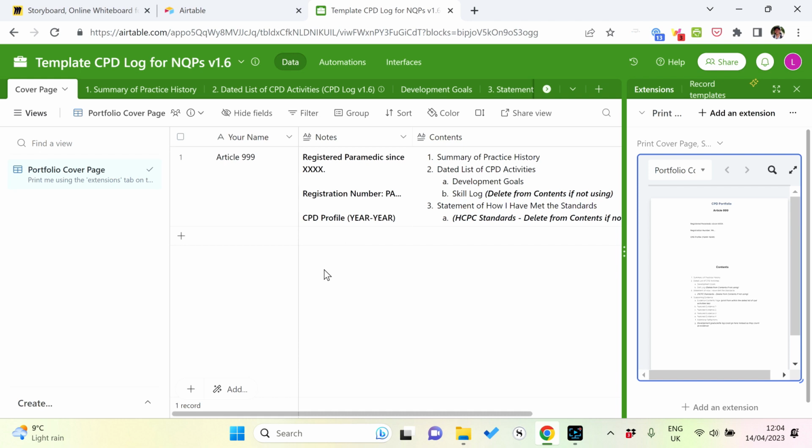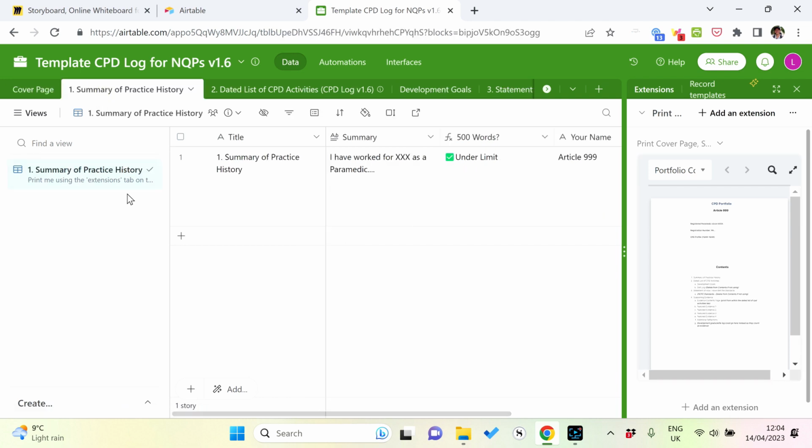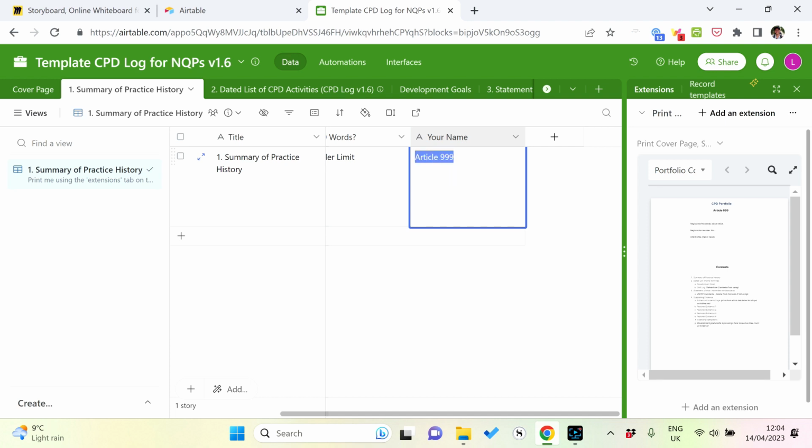Come out and go across to the next table, to the summary of practice history. This will print very similarly, so you're using the extension tab as well. Make sure obviously you've typed in your summary here and so on. Make sure you've put your name in here, not article